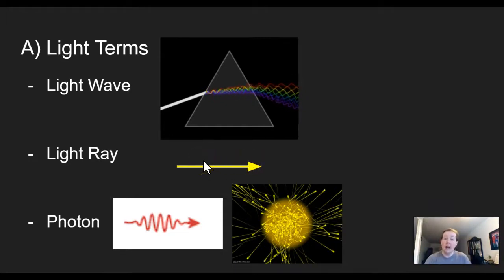Okay. Also, after the last video, you should be clear that light definitely acts as a wave, but it also exhibits particle properties. And so there's another term, photon. I believe Einstein came up with that term. I might actually be wrong, but certainly this term photon has been used a lot after this wave-particle duality thing.